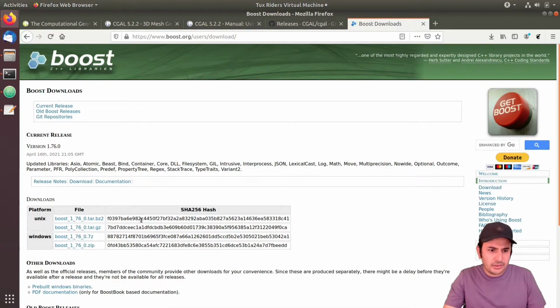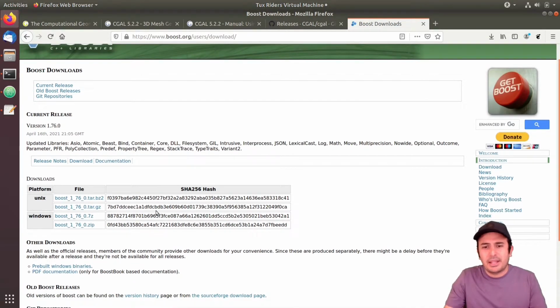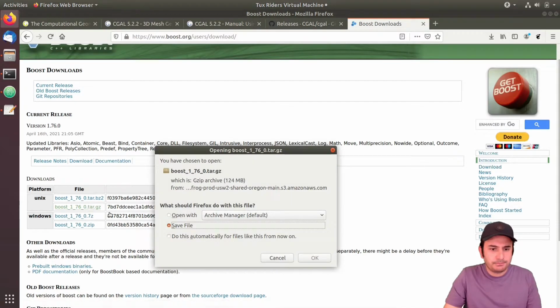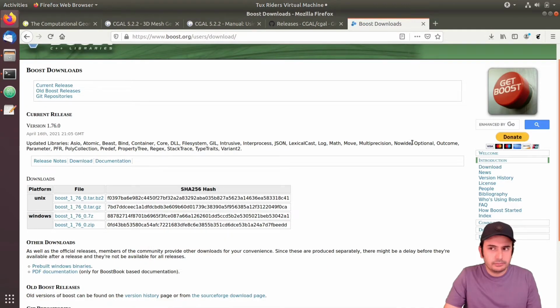And we won't just download it. I think Boost is also a header only library, so you don't need to install it. You don't need to compile it. You can compile it to get some binaries, but generally, yeah, Boost doesn't need compilation. So for this one, I download the latest version. It's a relatively huge file,